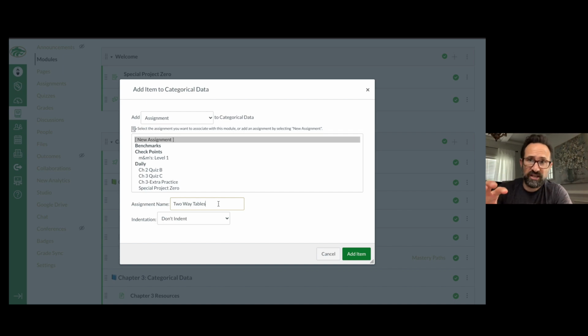Or you could pose it and do an example and then have them do one, and you could actually take that for a grade to make sure that they were paying attention during class that day. A lot of different ways you can apply this. I'm going to create this